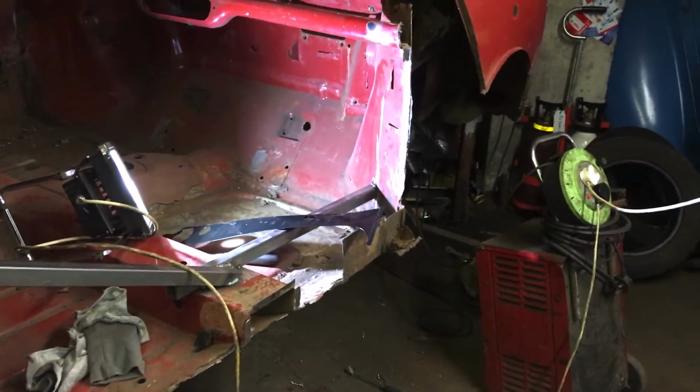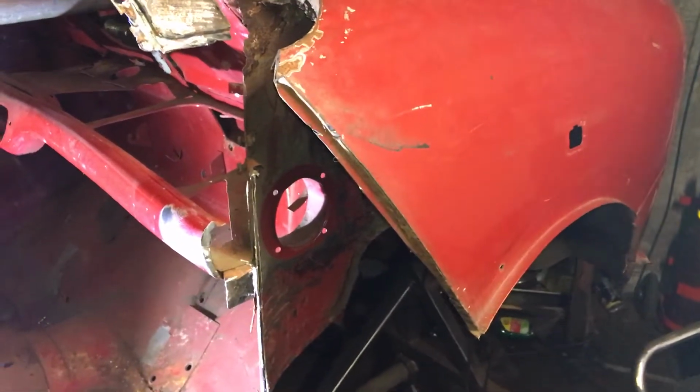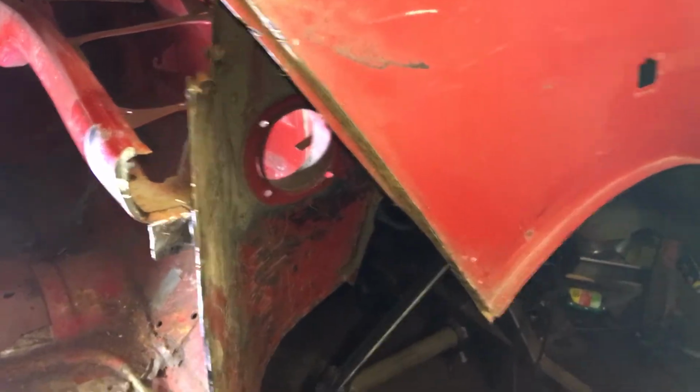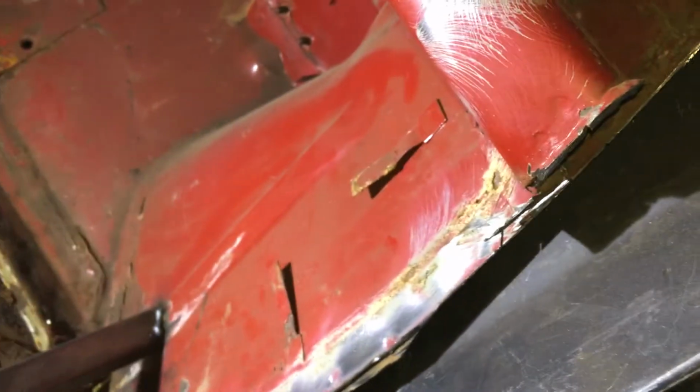So that's plan A, or plan B will be to take the wing off, which will then allow me to take this inner wing off. The original intention was to fit this flitch panel, repair panel, which would fit here, but the only problem with this type of panel, it doesn't actually go to the top and seal around the top. So it would mean I would have to make up something to fit, but I was quite prepared to do that